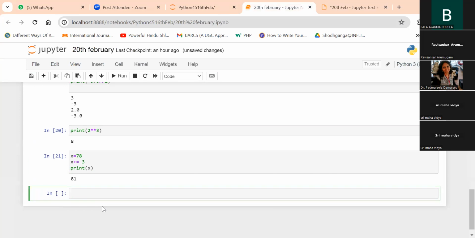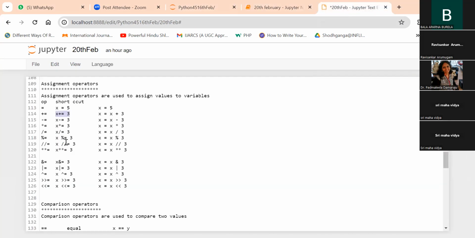Okay. So these are all called assignment operators. So what is the use of an assignment operator? To give some values to some variables, we use the assignment operator. So this is for addition, this is for subtraction, this is again for multiplication, this is for division, this percentage symbol is for modulus, and this is our floor operator, and this is an exponential